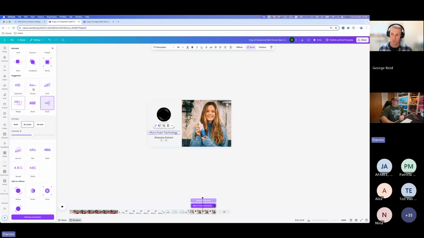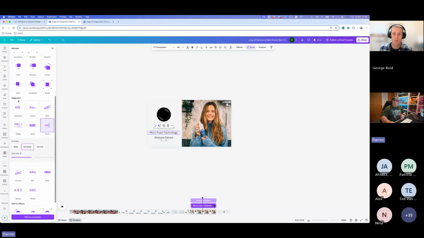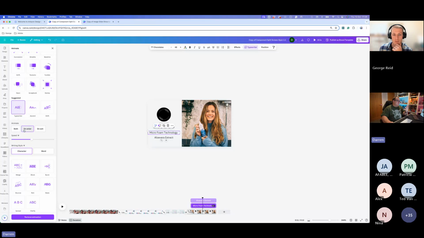But you can have all these different text animation options, and it'll give you some suggestions. It'll have a look at your design and what you've done, and give some suggestions. You've got typewriter. And again, with typewriter, you can have it on just on enter, or on enter and exit. Generally, I find having on just enter is the better option, because that means it's not then animating off, it just will then transition. You can then change that by character or by word.